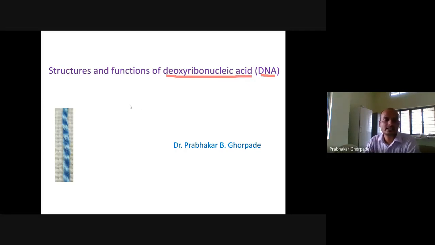Whenever we are seeing DNA, many times we come across strands like this, right? So this one is one strand, and this one is another strand. It is like two rope strands coiling around each other. So this is a DNA structure, like the left side structure. This is a deoxyribonucleotide, and most of the time we represent the DNA structure as a double stranded DNA structure, right? This one is one strand, and this one is another strand. So this is a DNA.